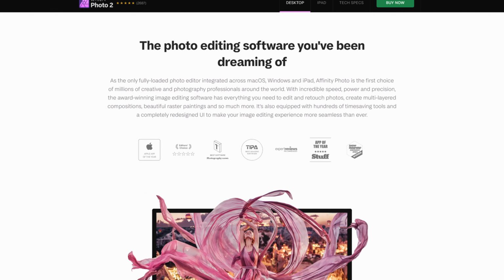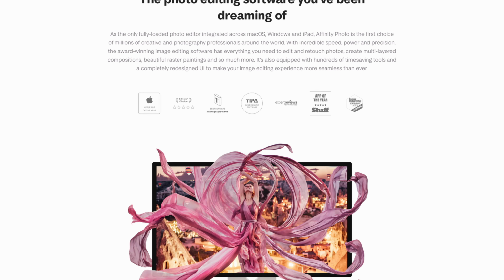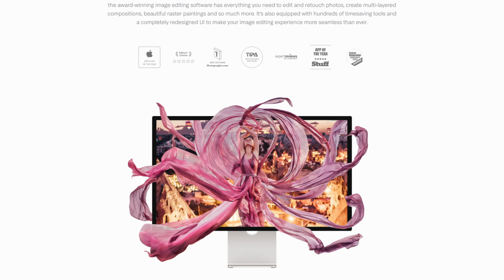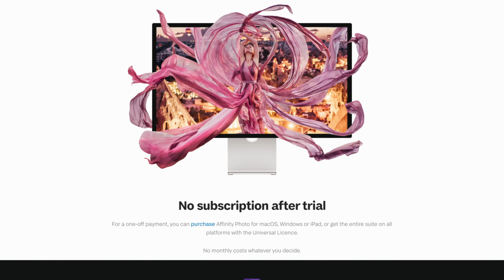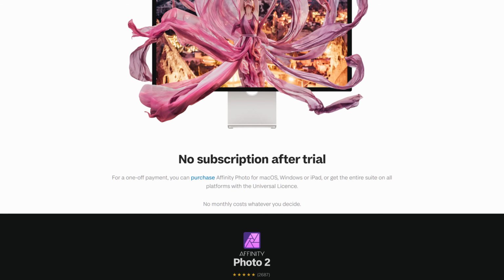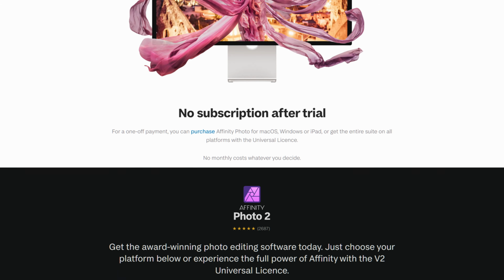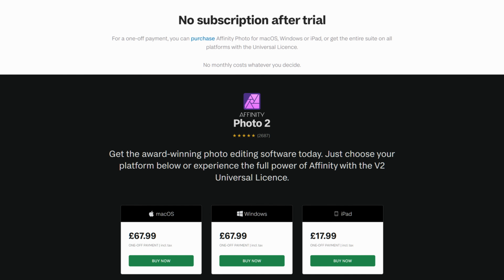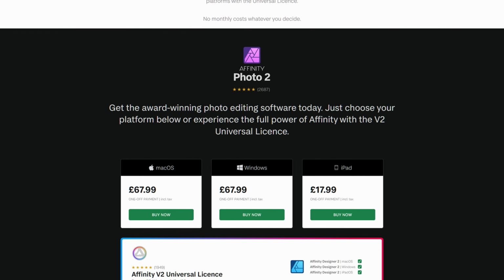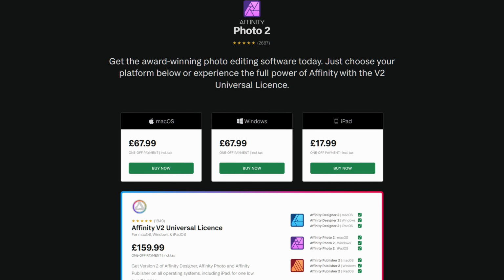When it comes to Affinity Photo, it's much more affordable. It costs £68, which I would assume is around $90. And what I also like about Affinity Photo is that their lifespan of each version seems to be fairly long. I bought my version 1 of their software back in 2018, which means for around 4 years I was able